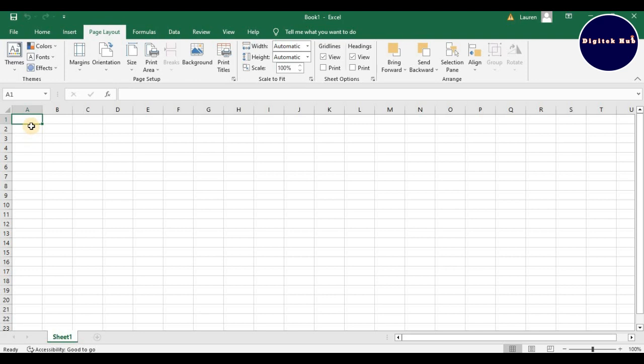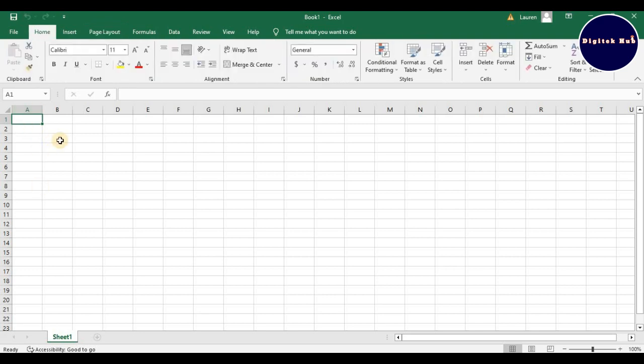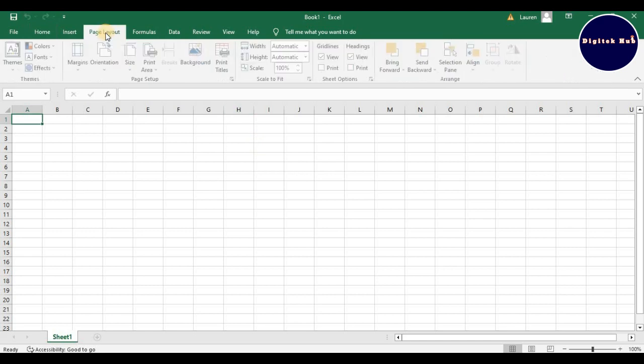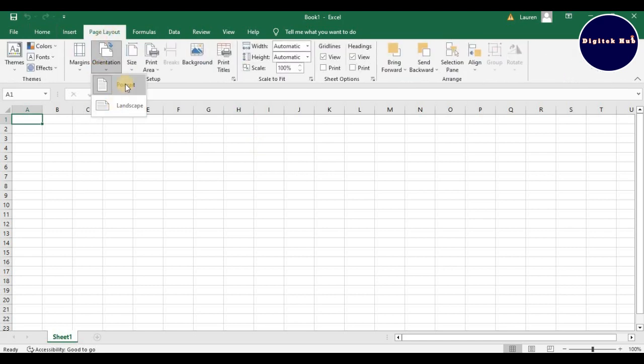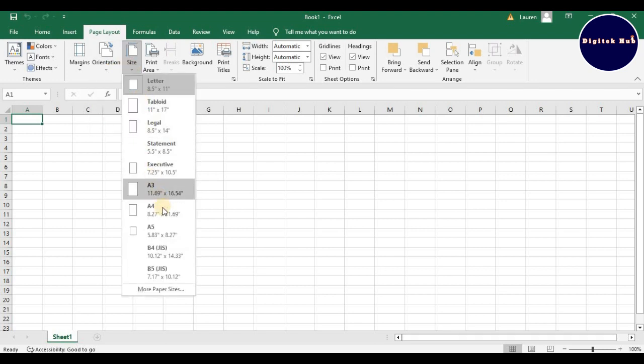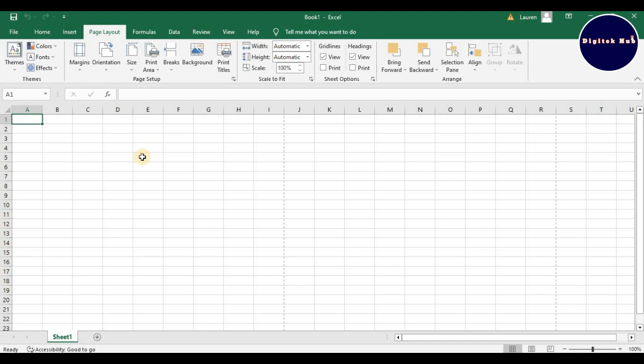If I want to print now, for me to see where Excel will cut. Now don't forget I said you choose your page. Let's say this is portrait now. So let's say I want to print on portrait paper, size A4. Okay, so now once you say page layout, print, set print area. Now once you see this line,